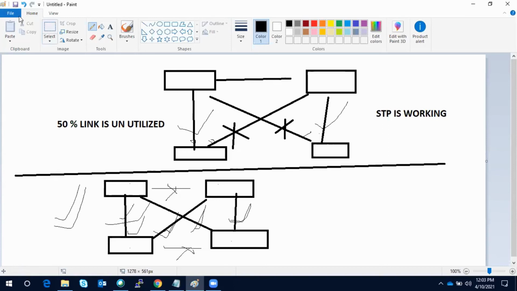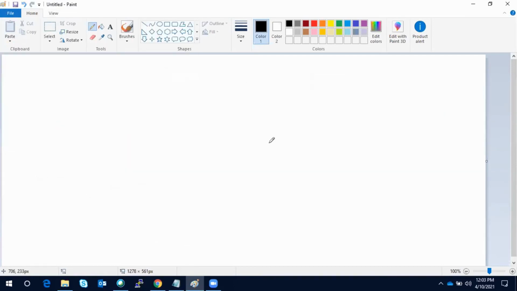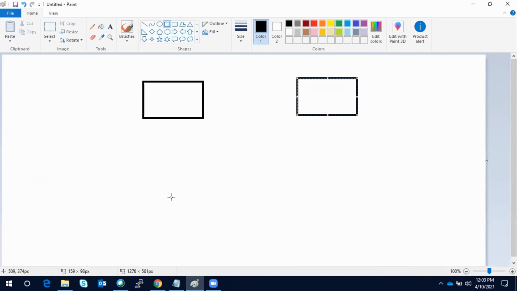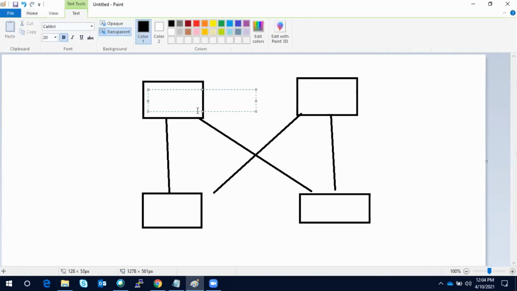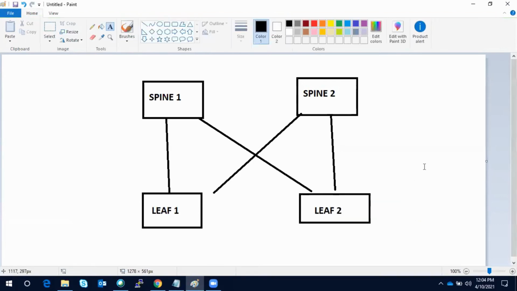Now, let's say this is my spine 1, spine 2, leaf 1, leaf 2.